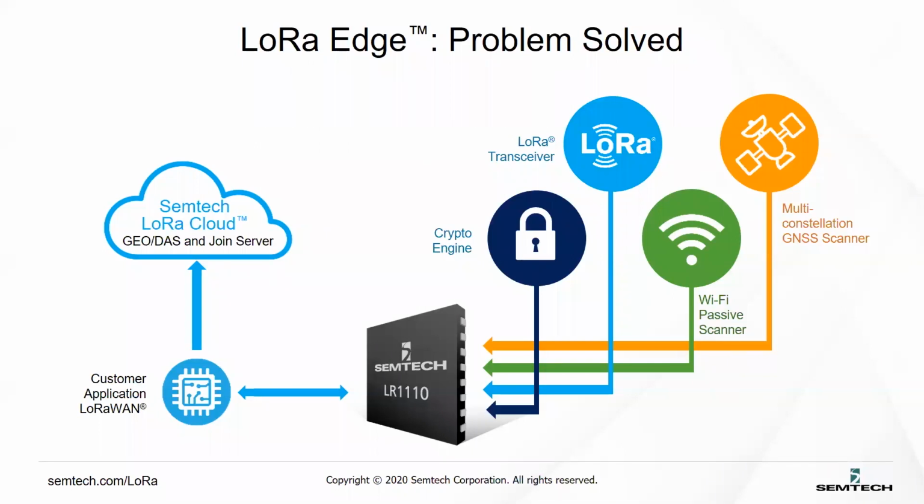In addition, Semtech pre-provisioned the device with secure keys, which eliminates the need for the customer to implement a secure provisioning system in their manufacturing flow. And depending on the level of security, a secure room in a customer manufacturing floor can cost millions of dollars in operation and setup. Back to the LoRa Edge, once the LoRa Edge device is provisioned with the secure keys